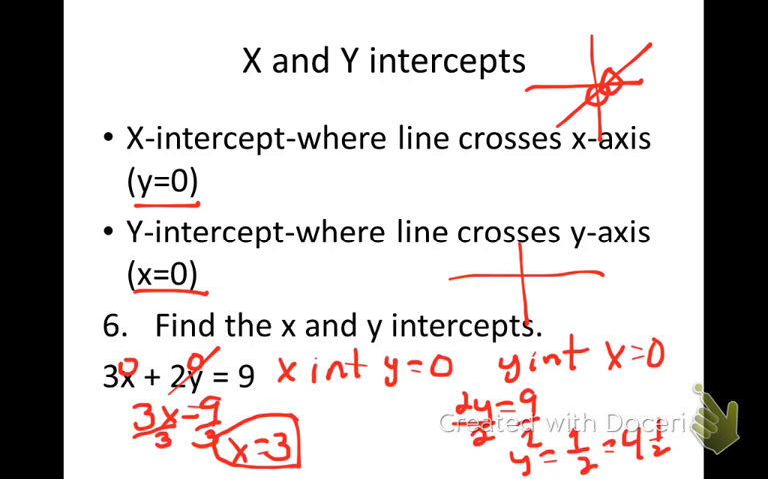X is 3, so I go over 1, 2, 3 and put a dot. And y is 4.5. 1, 2, 3, 4.5 and put a dot. And then I would have my 2 points that I could draw my line through. Kind of a sloppy graph. I don't have my arrows on everything, but just so you get the point now, I probably have